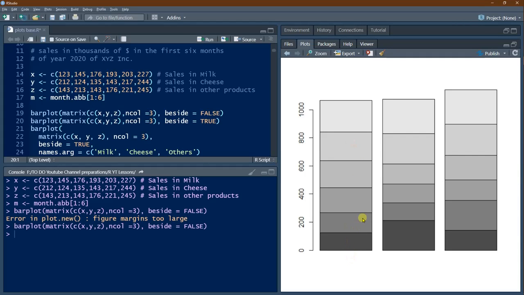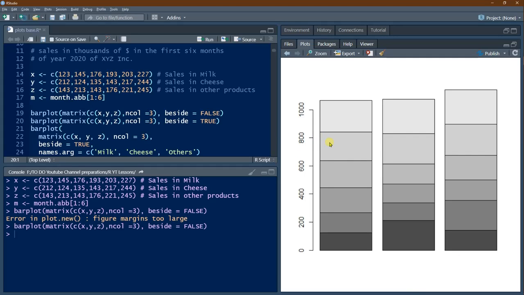All these figures are stacked on each other, on top of each other, correct? So here 123 is there, 145 is there, 176, 193, 203 and 227. You can see these are the various values. Don't get confused with this 1000 here. It is stacked on top of each other. Naturally, when you add, you get the cumulative figure like this.